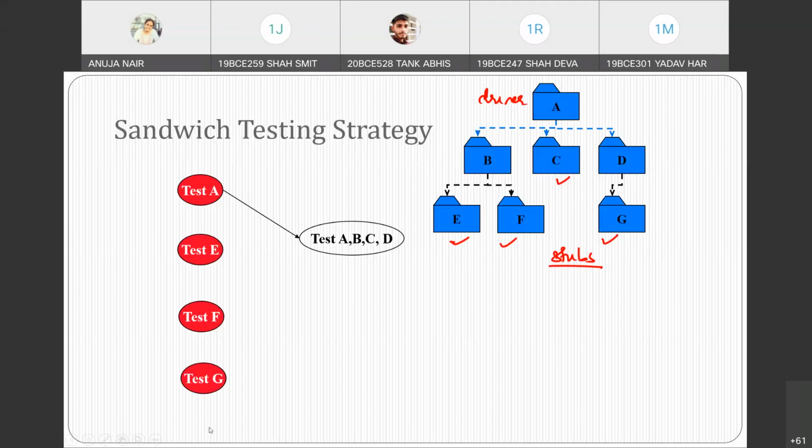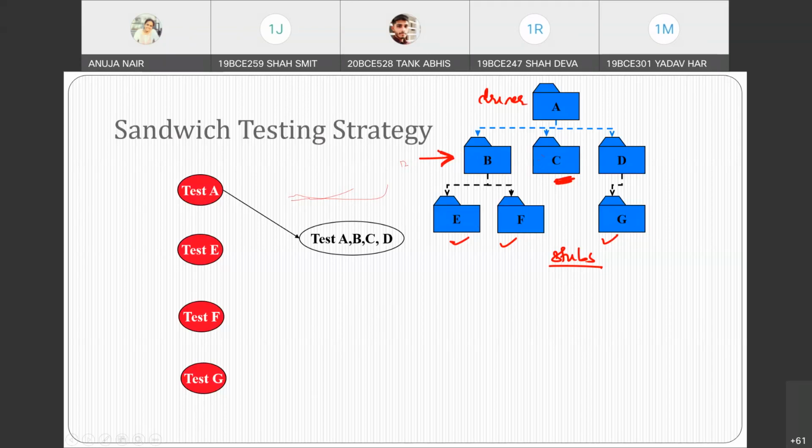C, actually C should also come over here. So it would be written in the question which layers you want to test. If B, C and D are written, then C should not be considered as a stub, right? If C is not written, then C should be considered as a stub. Otherwise, don't consider it. Right now, the question is that I want to test this particular layer, the entire layer. So that's why C will not come as a stub, right? Okay, now coming over here, this is your first layer, that is A is tested, E is tested, F is tested and G is tested.